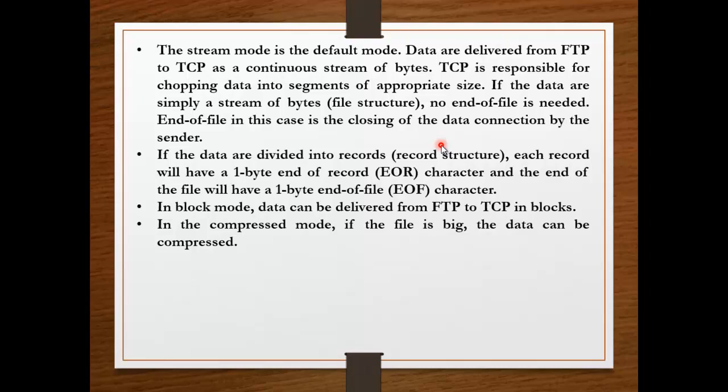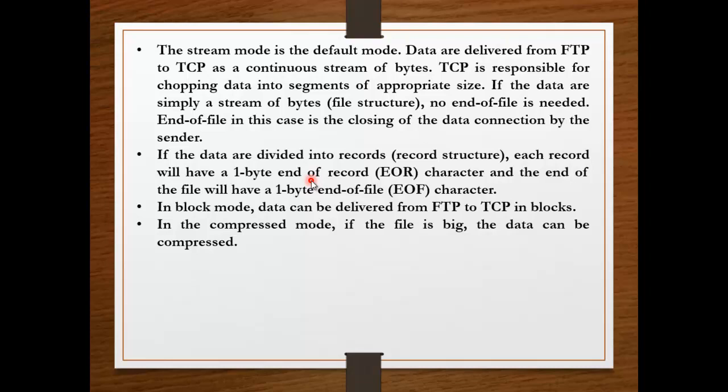But for a record, you have no idea how many pages are there in one record, or how much data is there. So every time you have to mention this is one record. That is what is given as part 1, part 2, part 3 of a movie. So 1 byte end of the record character and 1 byte end of the file character will be there, and that will intimate your client that the downloading is getting over, and with this information only you will be getting a notification in your system like the download gets over in this much time.